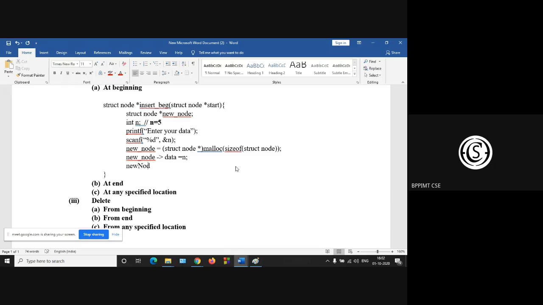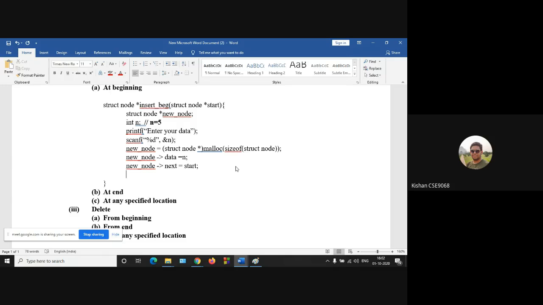New node next equal to start. New node next is equal to start. Okay. Yes, sir. And what will be your second operation?